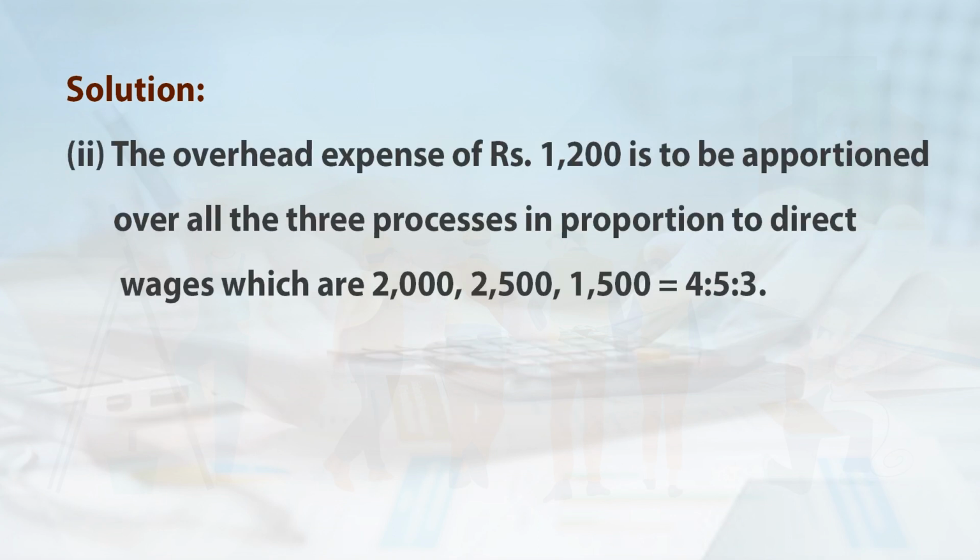Second, the overhead expense of rupees 1200 is to be apportioned over all the 3 processes in proportion to direct wages, which are rupees 2000, rupees 2500 and 1500,